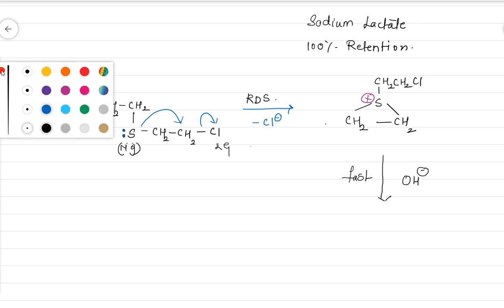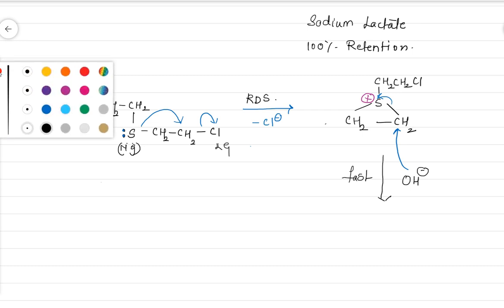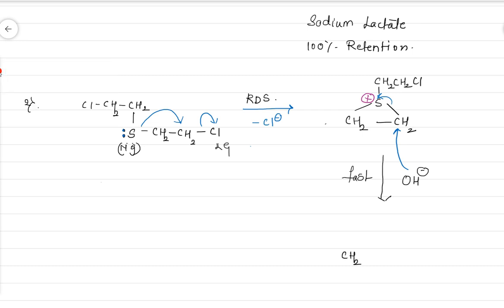So when you attack this nucleophile, how is the attack going to take place? It can go from any carbon. It's going to give you the same product because it's symmetrical. So let's consider that OH is attacking over here, and this bond will shift and the electrons will be restored. So you get back the product which exactly looks like the reactant except for the substitution of Cl by OH.